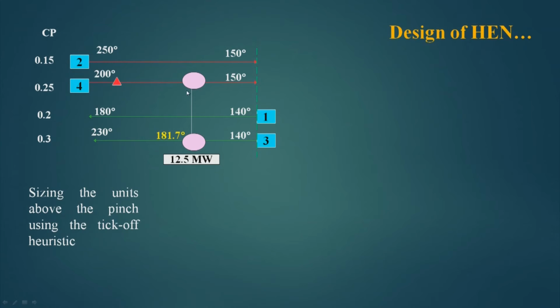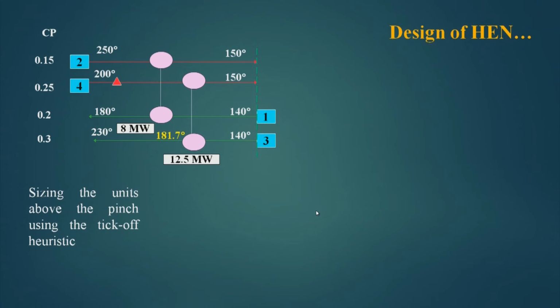Now, once I put this, 140 degree centigrade will rise to 181.7 degree centigrade, and these temperatures will be maintained. That means, this end will reach 200 degree centigrade, the input will be 200 degree centigrade and output will be 150 degree centigrade. Cold end, the input is 140 degree centigrade, output is 181.7 degree centigrade.